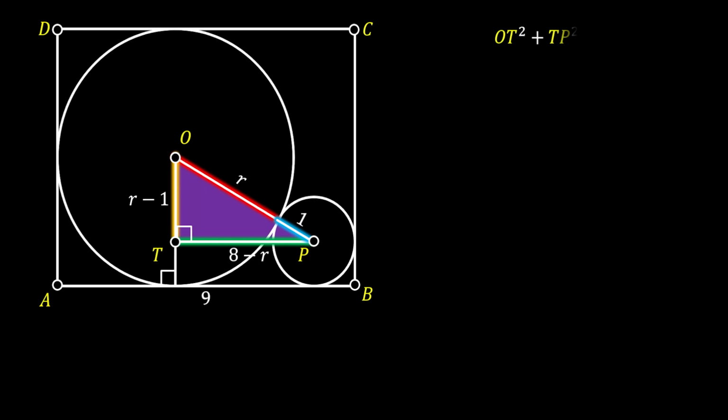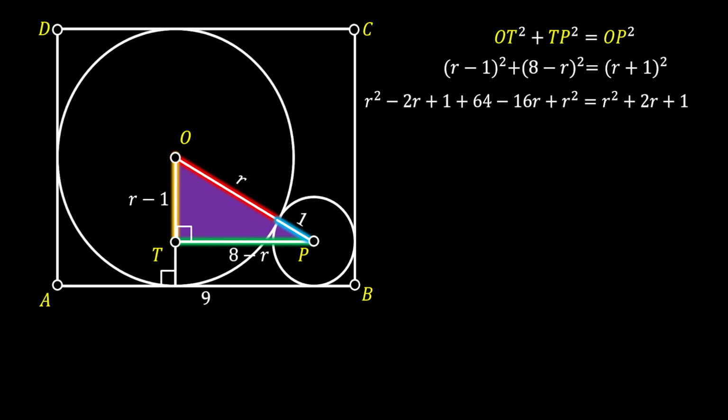We can say that the sum of the legs OT squared and TP squared must be equal to the hypotenuse OP squared. And you guessed it, we're going to substitute our values from the sketch. Now we will use the formula for the square of a binomial to expand this, and we're going to simplify r squared on both sides of the equation as well as 1. And if we group all our terms on the left side of the equation, we will get this really nice